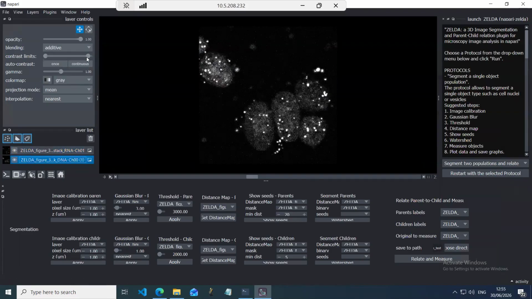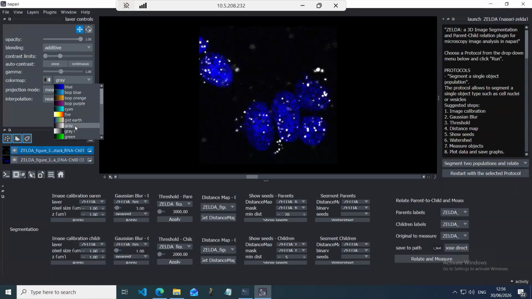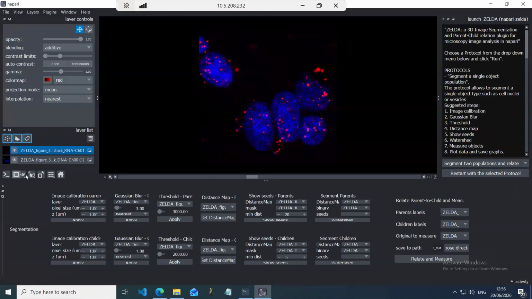And I will assign a lookup table. So we will choose blue for the nuclei. I'll try to increase the contrast. And we will choose, for example, red for the RNA spot. Now, as we go through the Z stack, you can see single slices, and we can switch to the